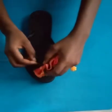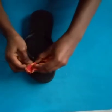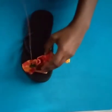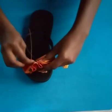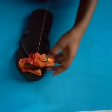Okay, after sewing it down, I'll cut off the excess thread. So this flower, you can put it on top of a slipper, or you can attach it to your dress. And today I'll be adding it to